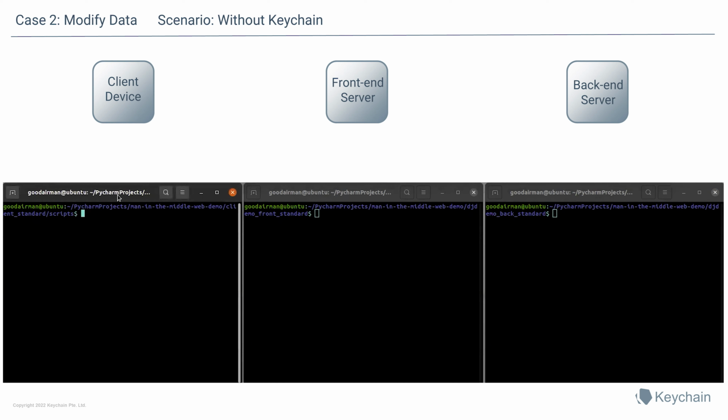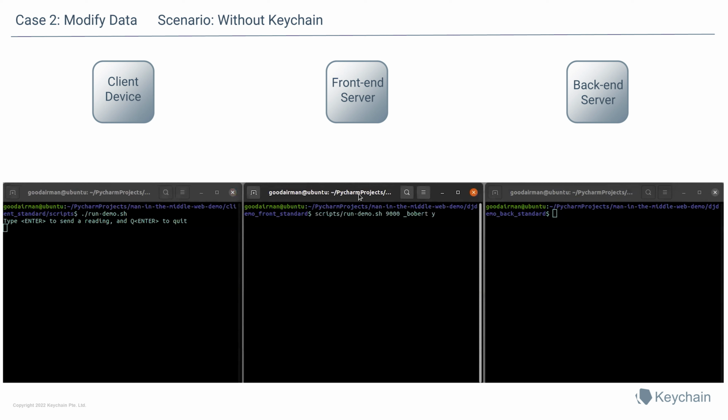To start the client without keychain, we basically run this script, run demo.sh. Now we'll start the front-end server without keychain, and to do that, it has to be listening on port 8000. And we get rid of this last parameter here because this last parameter means, yes, run with keychain, but we don't want to run it with keychain, so we'll get rid of that. And start it up. So there it is, running on port 8000